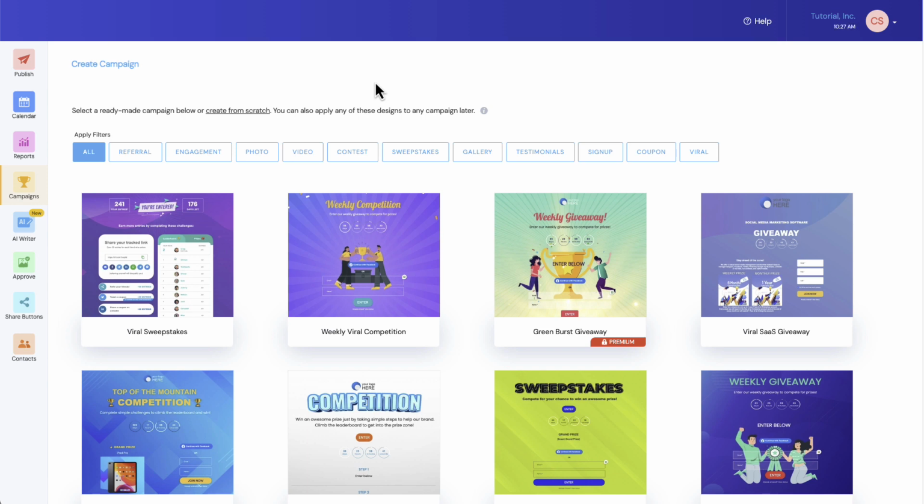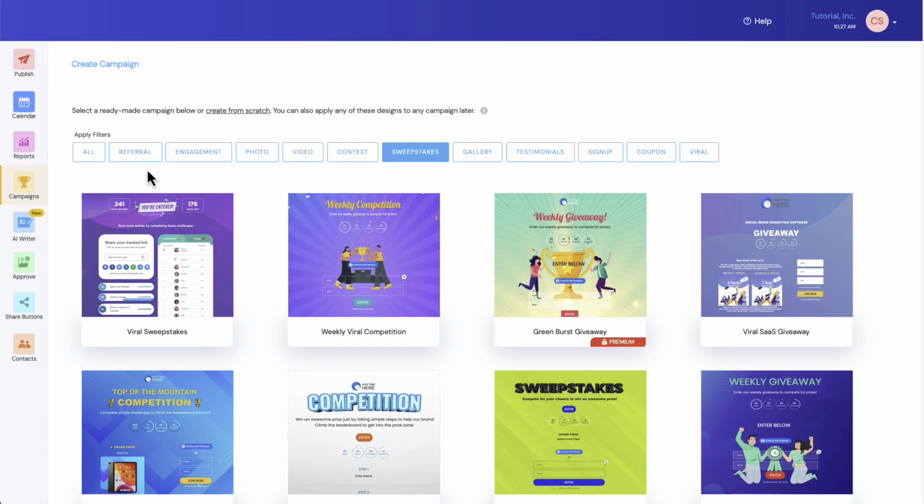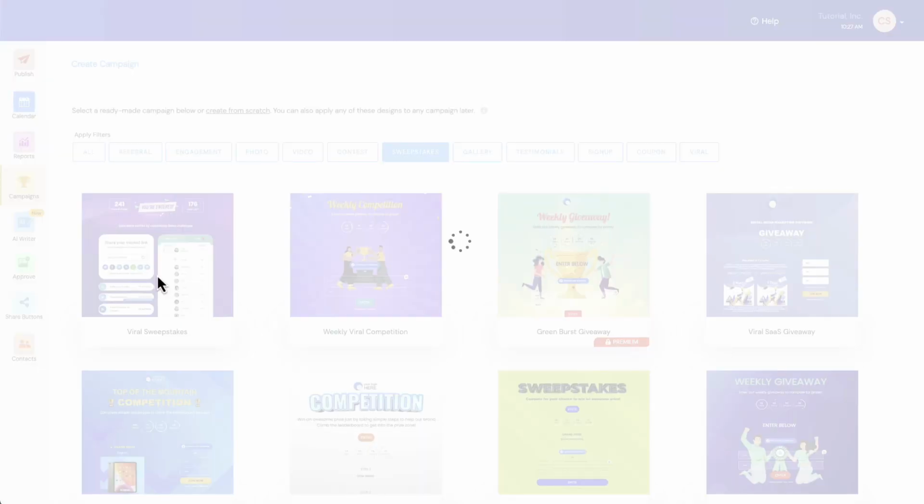First thing you want to do is find a good template. I'm going to click Sweepstakes to narrow things down. Most of our templates are sweepstakes templates. So as you can see, there are a ton to choose from. I'm going to choose this first one. You can preview it to make sure you like it. You can click here to see setup instructions, but for the purposes of this video, I'm just going to choose